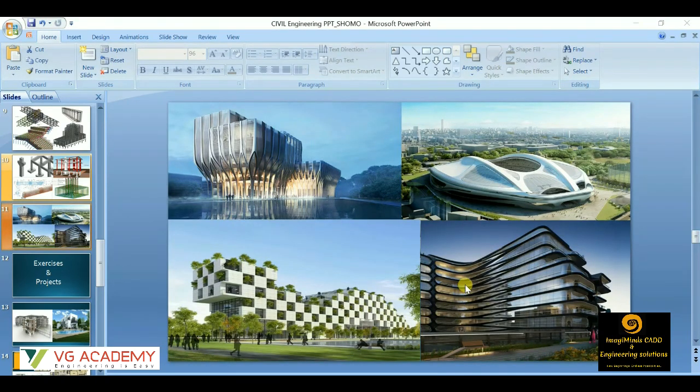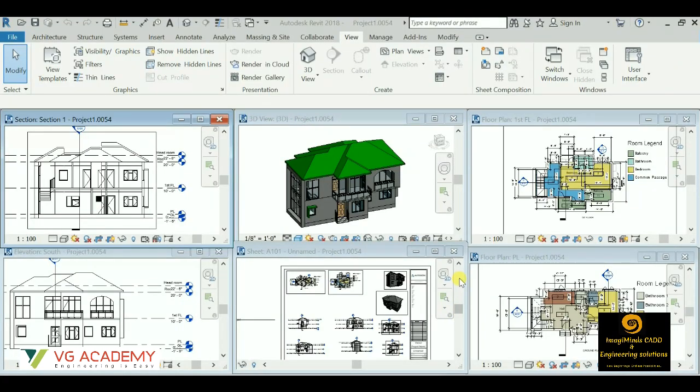So let us start with the architecture section. Guys, the basic advantage behind using this Revit software is that multiple viewports can be seen together. As you can see, this is the first floor planning and this is the ground floor planning.